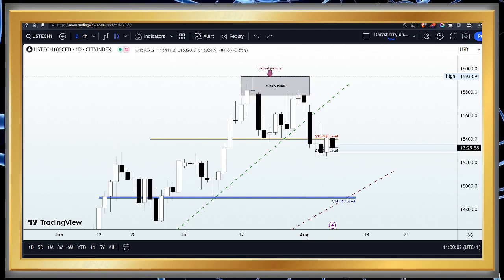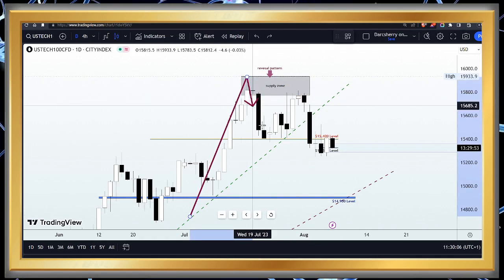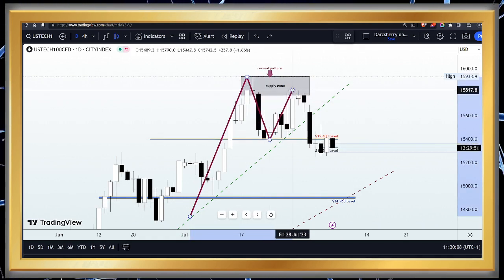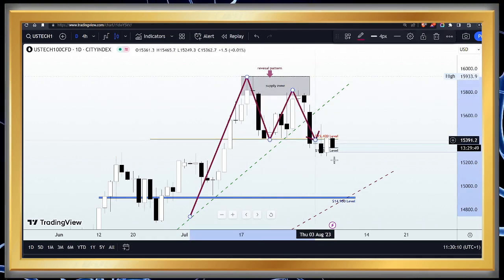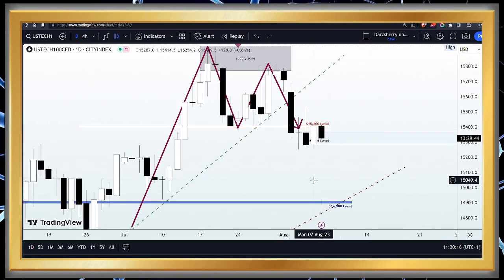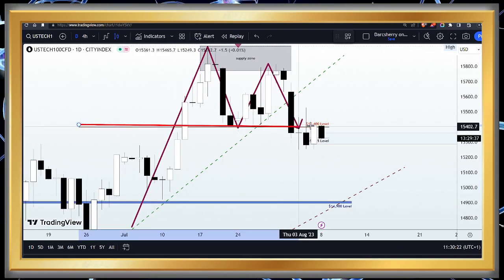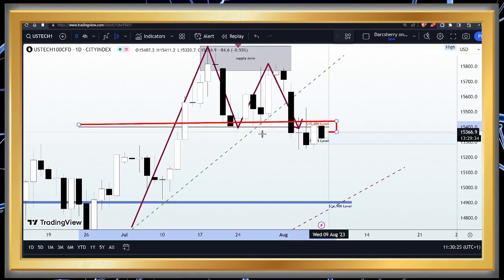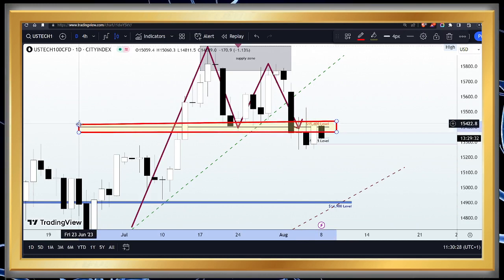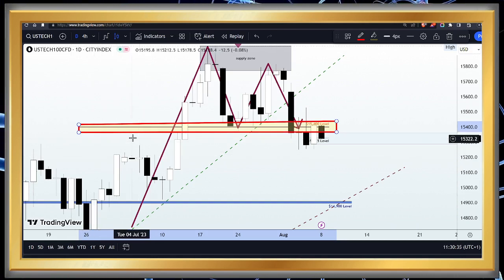And if we look at this from a technical standpoint, we have something that looks like a reversal pattern in the form of a double top structure. And you know how we do it in this community. As soon as we identify a potential reversal pattern, the next thing we want to be doing is to identify a neckline which we are going to be using to validate that reversal pattern. So we would need price to break down, retest the neckline to confirm that truly we have a reversal pattern